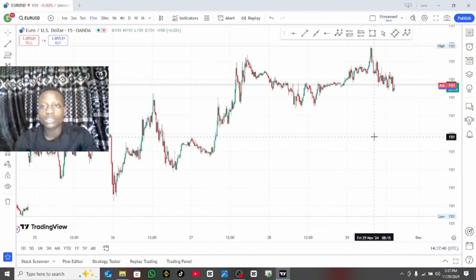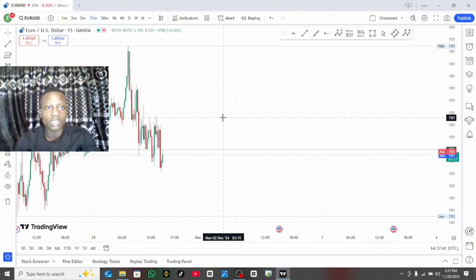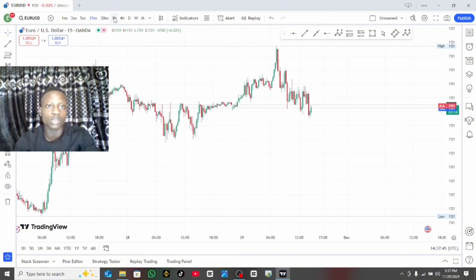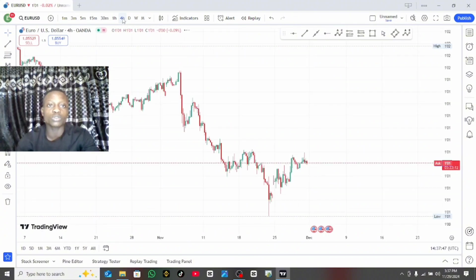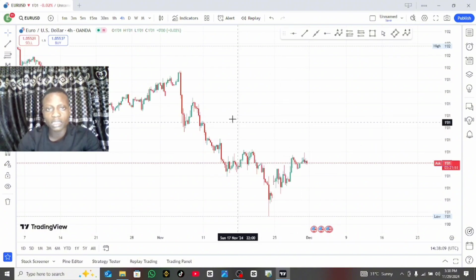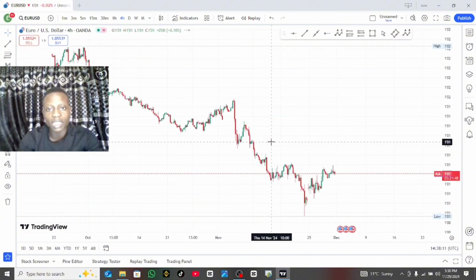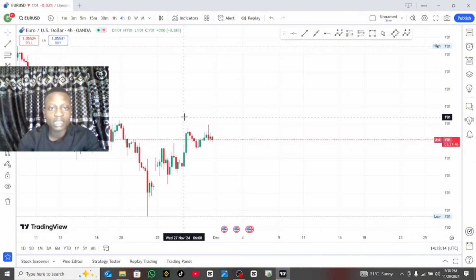Okay, so now I've wiped everything out, and this is the 15-minute time frame. Now I'll switch to the 4-hour time frame, because if I want to take a trade, I do my analysis from 4 hours to 1 hour, from 1 hour to 30 minutes, then use 15 minutes to take my trade, sometimes 30 minutes actually. So now this is the 4-hour time frame, and let me show you the reason and how I got an entry